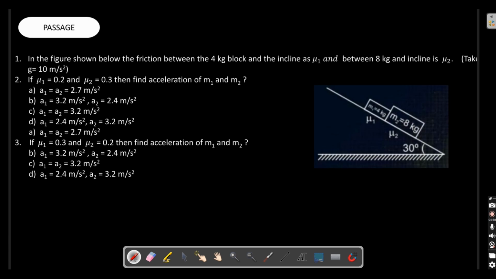So the next question. Our typist has typed this wrong. This is 1, this is question number 2. Option A is here. So cut this. A1 is equal to A2 is equal to 2.7. I guess this is one of the previous year questions, or somewhat related, and easy. If we have done the inclined friction block on block problems or block together problems for a higher level, this is not that tough. Even theta is equal to 30.